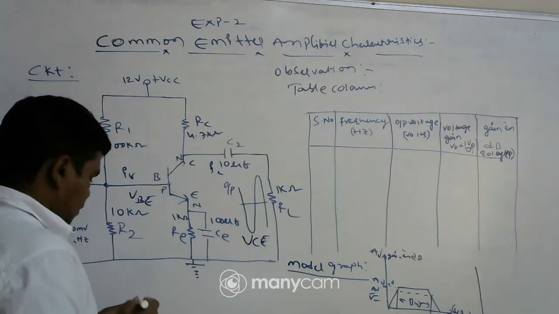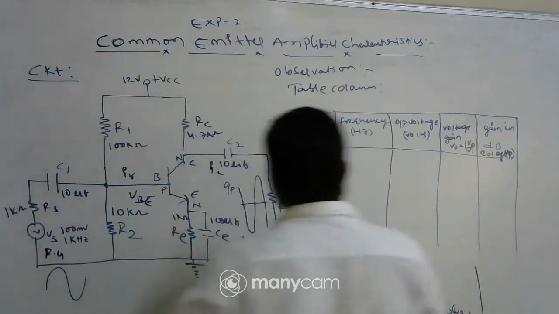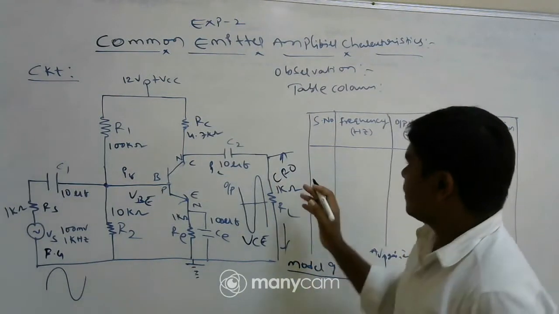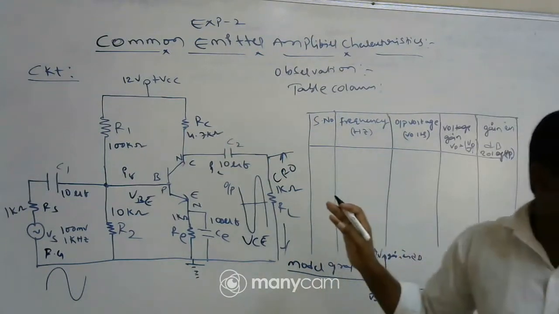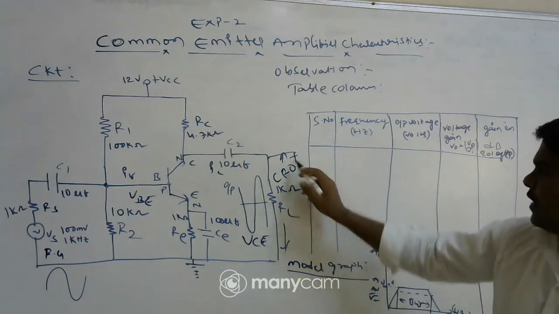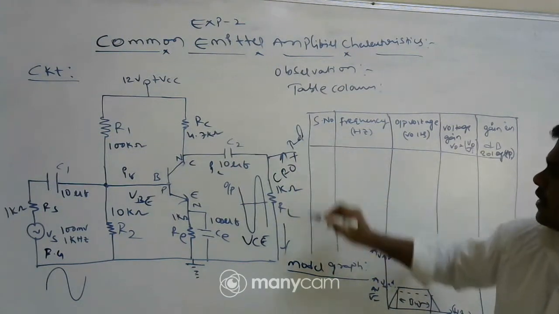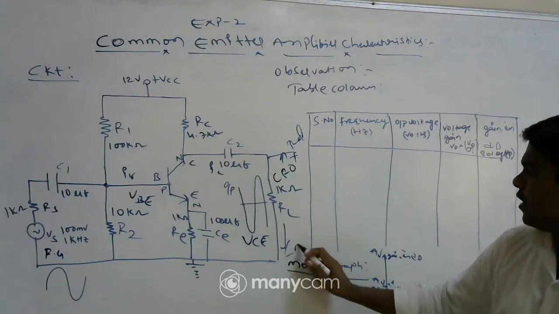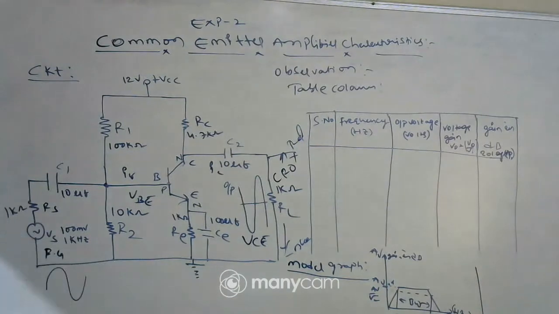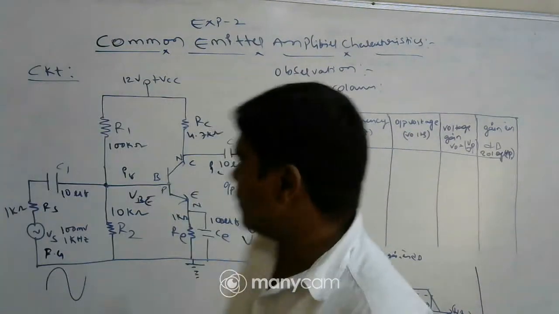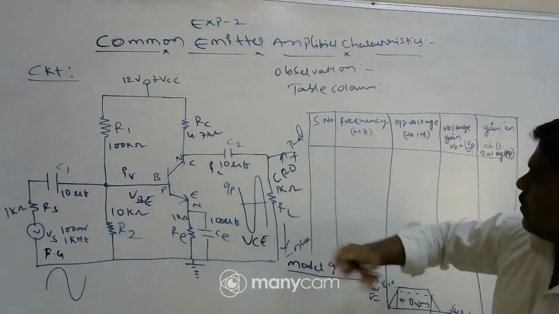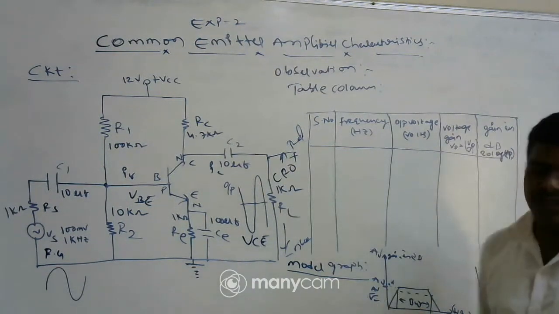Here we are using the CRO, the cathode ray oscilloscope, with which we can see the physical quantity of the signal. We connect the positive terminal, represented with red, and the negative terminal, represented with black. I will show you the equipment we are using to see the physical quantity when I go to the practical demonstration.